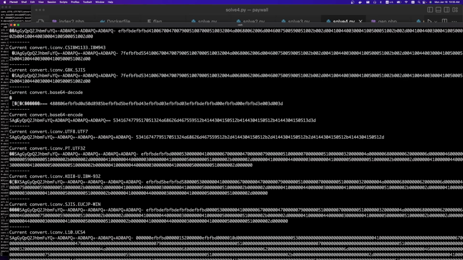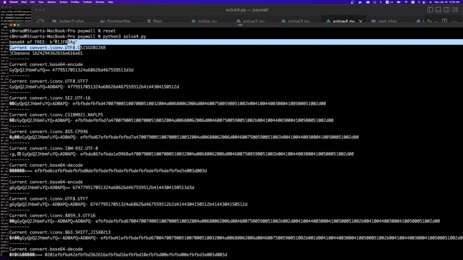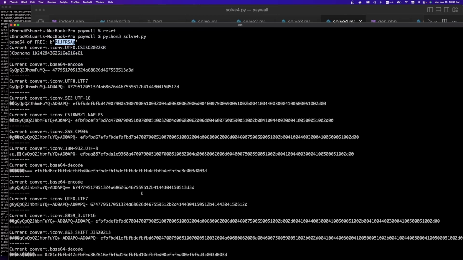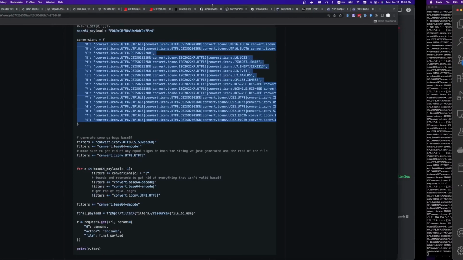But anyways, yeah, it's just going to go through. The next character is an S, so we have SAG doing the same thing. And yeah, it just goes through, and at the very end, you're left with the original payload. There's a bunch of gibberish in there, but also then it starts with the word free. So there's a couple different scripts that do this. If you go back to that LFI,